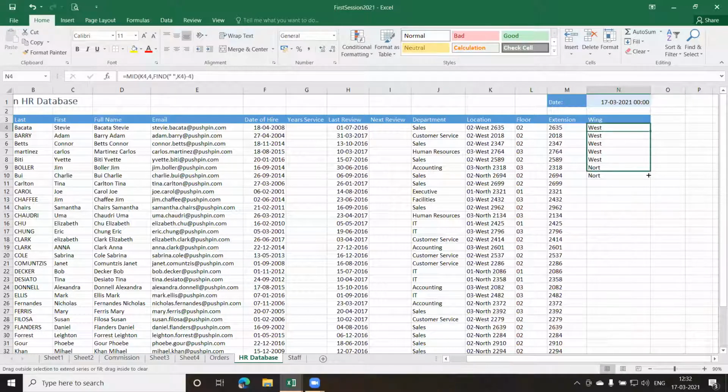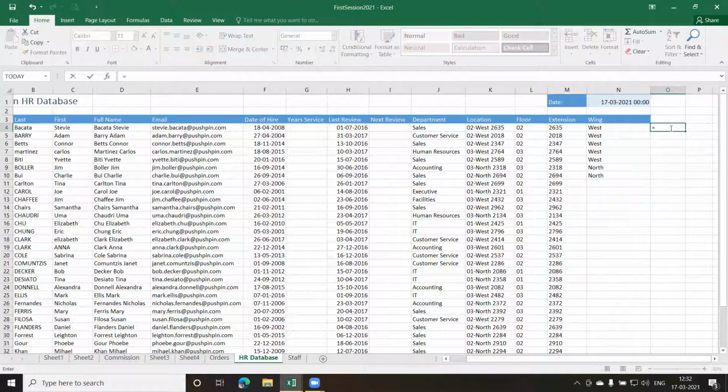And now when I drag this, I'm going to drag it only up to here. I get north. Let us put the find function here and check what exactly it is returning. So I give equal to find, open bracket. The find text I had given in double quotes, the space.